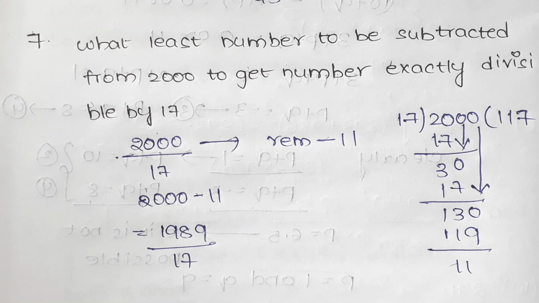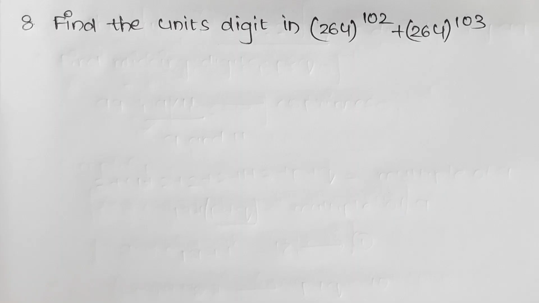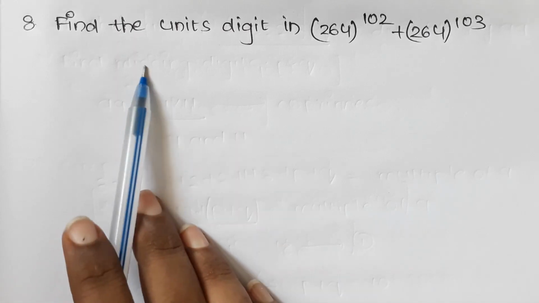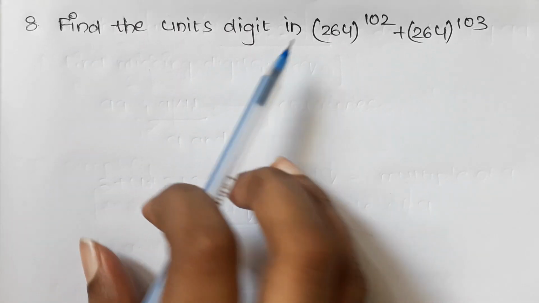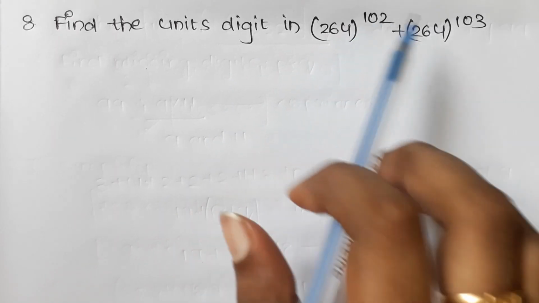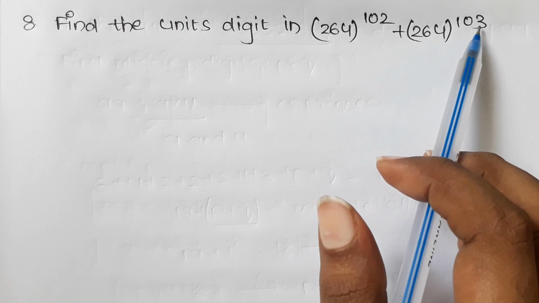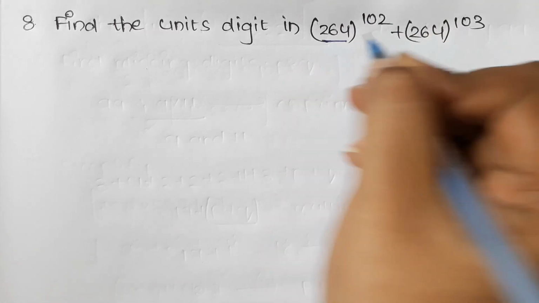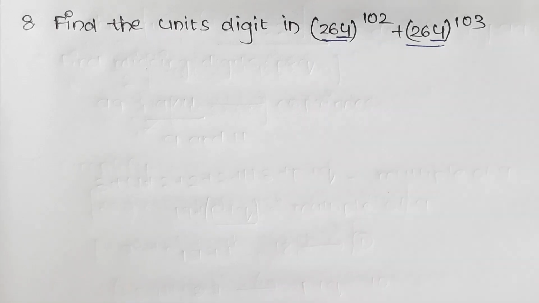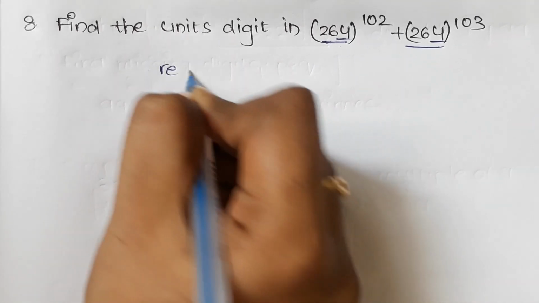And this is another model, that is addition or subtraction of a number from a number to be exactly divisible by any number. And now let us see some problems on exponents and powers. Here is another one, that is find the units digit in 264 whole power 102 plus 264 whole power 103. Here in these two numbers we have units digit as 4. So the required unit number for us is